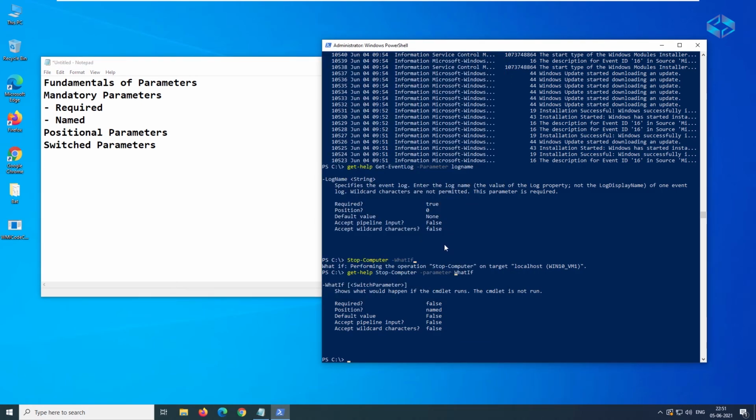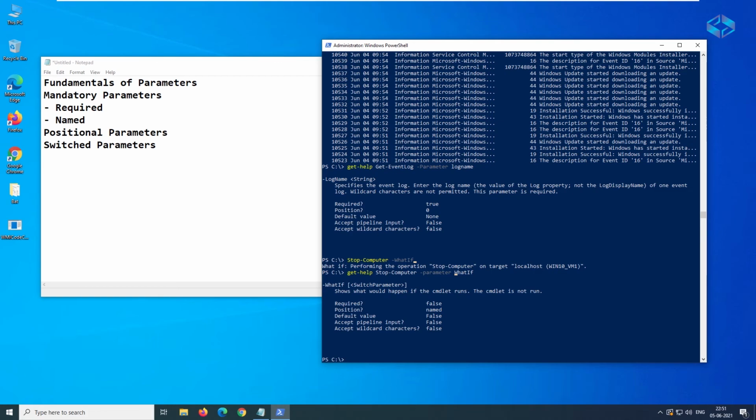And as always, please, and again please, do practice, because without practice it is very hard, or not possible, to learn further on PowerShell.